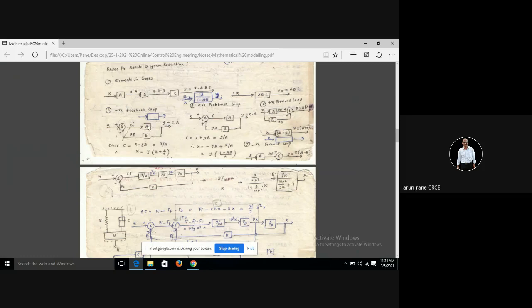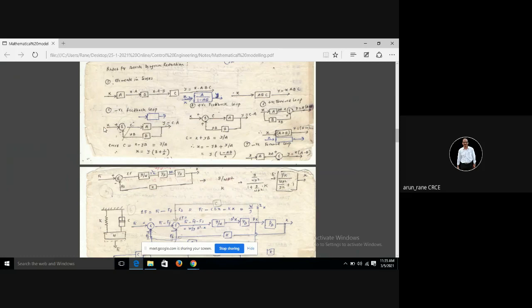Second is elements in parallel. Now here these are the two elements which are in parallel, a and b. And these two elements are also in parallel. So here it is positive feedback and here it is negative feedback. So how do you find out the transfer function for this? If it is negative, then we call it a negative feedback loop, and if it is a positive signal, then we call this a positive feedback loop. You should not be confused with positive forward loop and negative forward loop. So you have to take care.